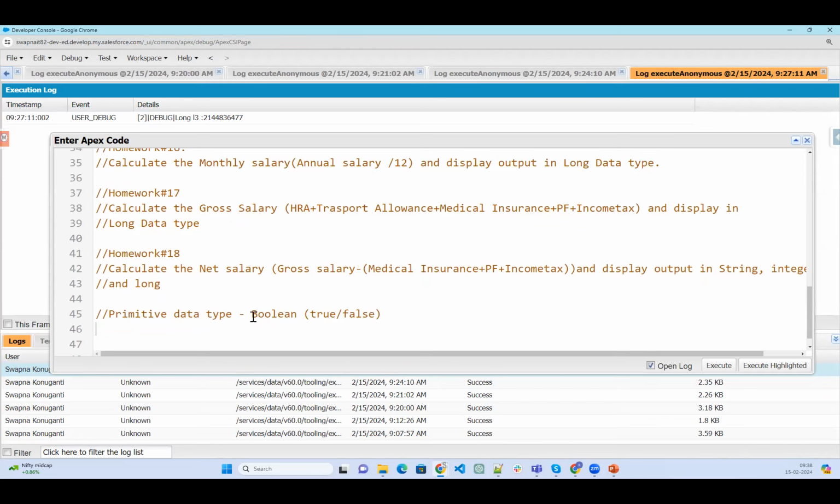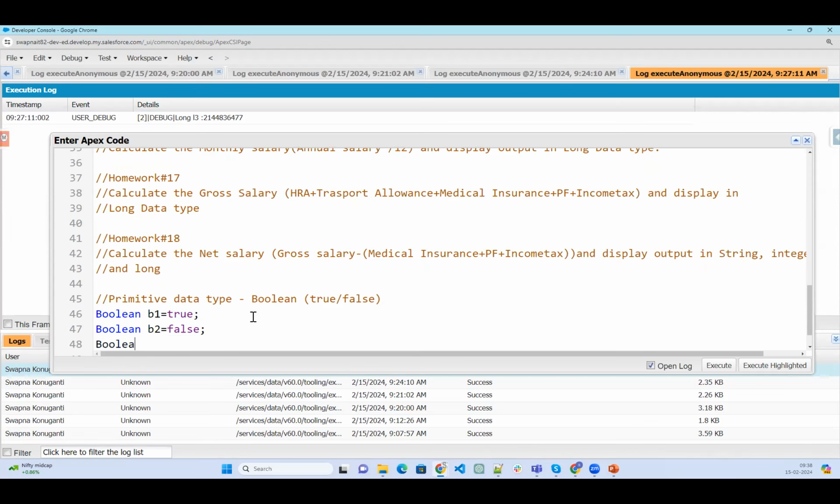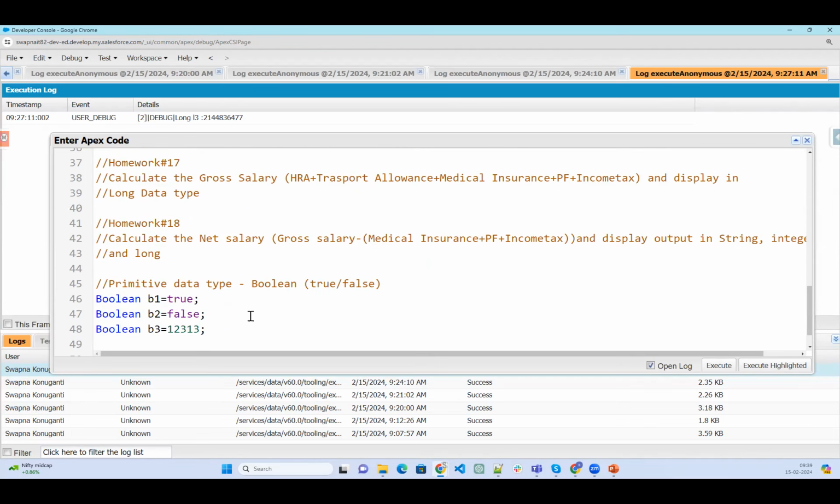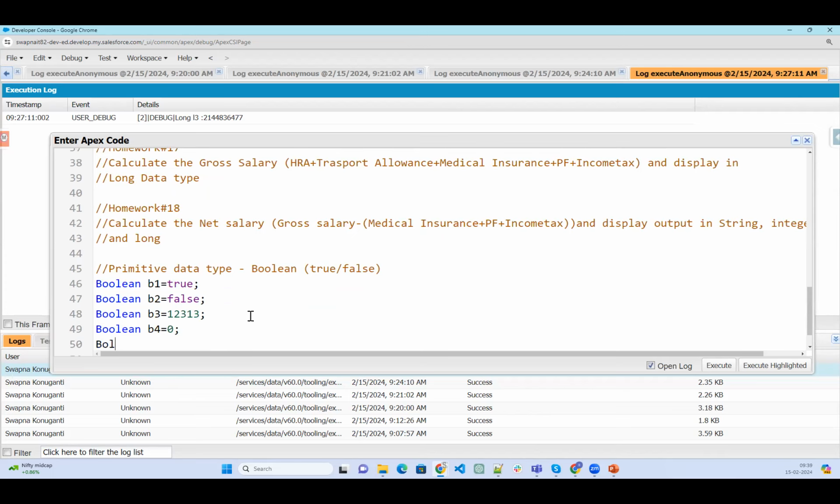Now let's say I declare Boolean B1 equal to true, or else Boolean B2 equal to false. If I say Boolean B3 equal to 1234, what will happen? If I say Boolean B4 equal to 0, Boolean B5 equal to 1.